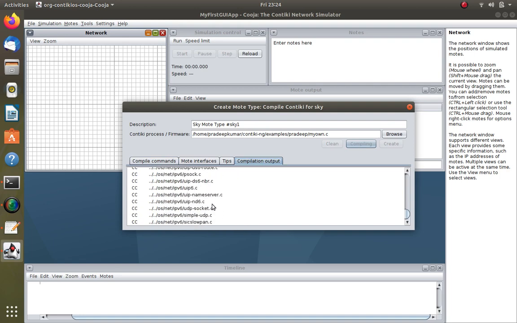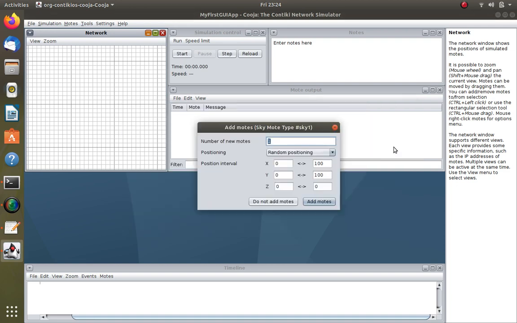But now it is not in the native mode. We are using a Sky mode. That's why please see that it creates a file called my own.sky. We had already created it, but again we used the clean command to clean it. Now you create. How many nodes do you want to have? Let's say I want 10 nodes, and which position do you want: linear, elliptical, manual, or any positioning you want. Let me go with random for the time being, and the position interval also gives 100 cross 100. In case you want to change that, you can do that.